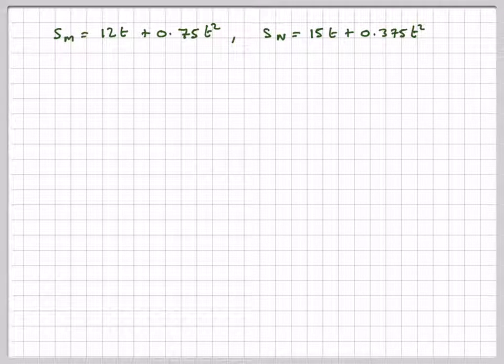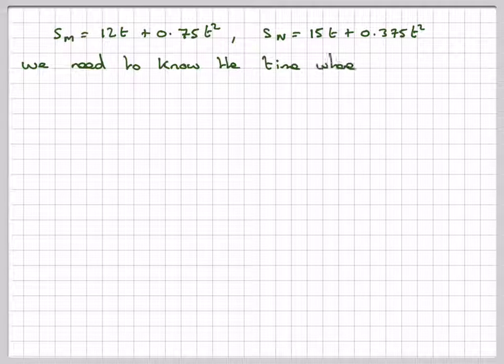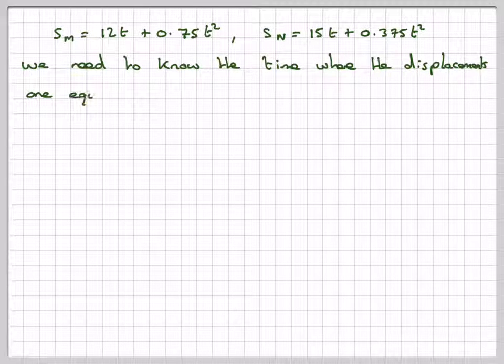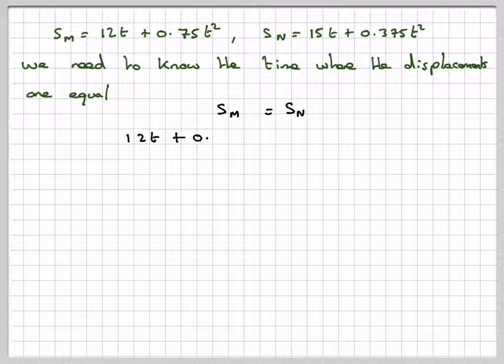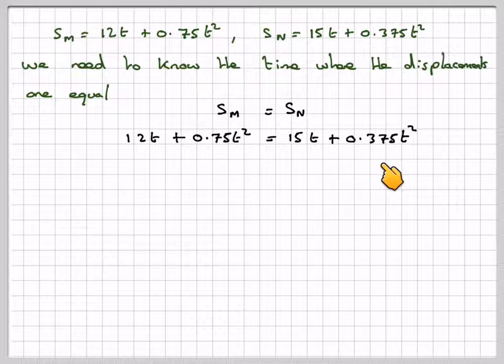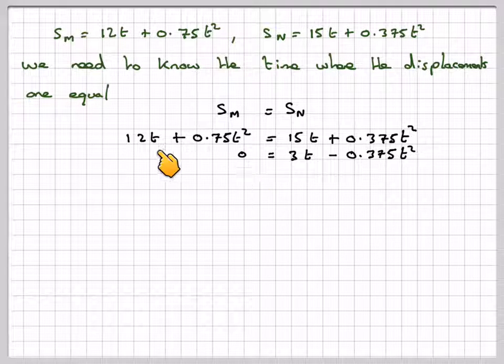We want to know where the displacements are the same, so we want Sm equal to Sn. That's going to give me 12t plus 0.75t squared is equal to 15t plus 0.375t squared. So taking the 12 over here, we're going to have that 0 is equal to 3t. Taking this over here, we're going to have that minus